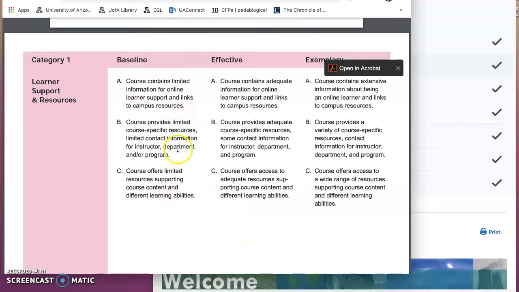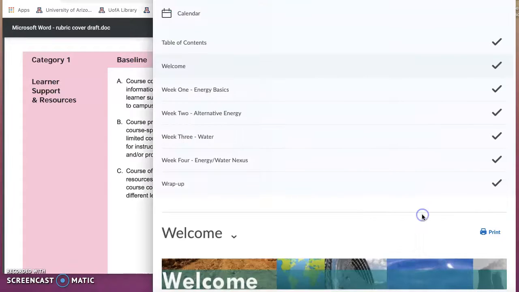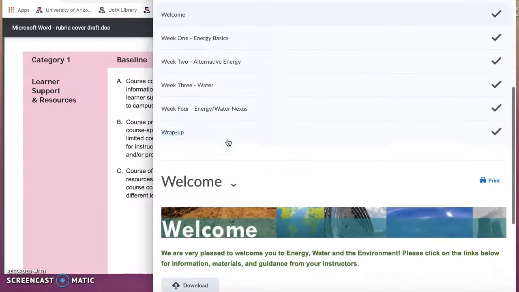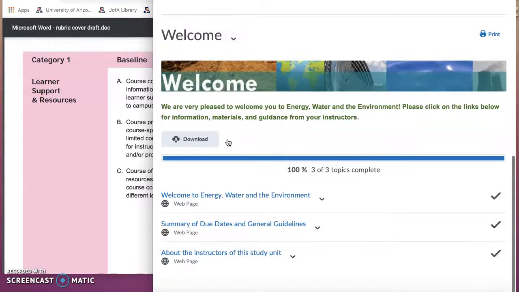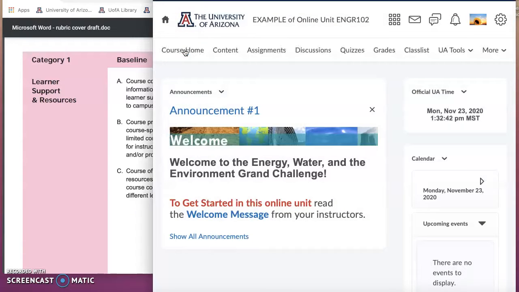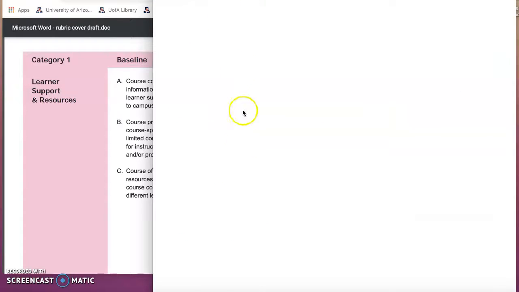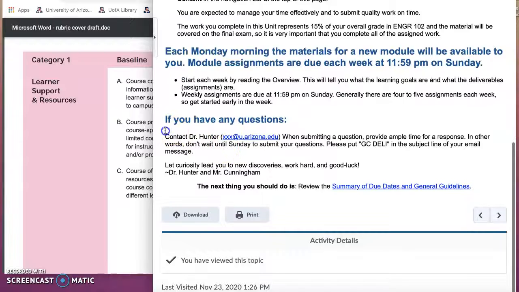So obviously this is the baseline, and then the next one is the more effective, and exemplary has a wider range of these things. As I was looking through the engineering site, I felt like there was not a ton of good information, especially because coming from the homepage, you can go to this welcome message, which is super nice,